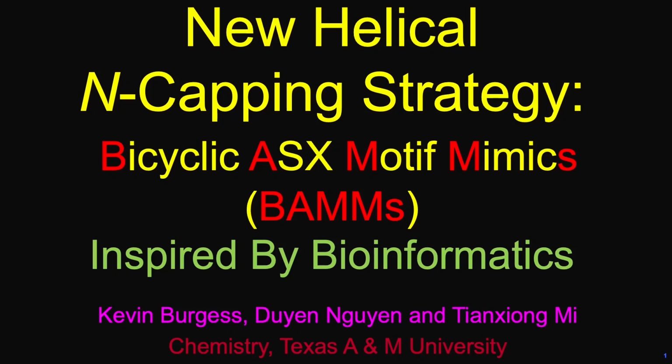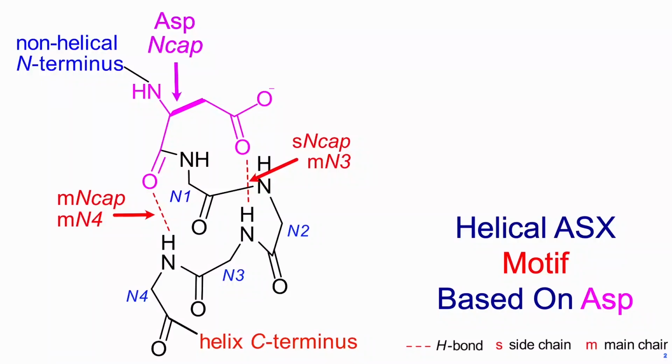I'd like to talk about a new strategy for synthetic end caps to constrain peptides in helical conformation. And this arose from a bioinformatics study of ASX motifs. For those of you not familiar with ASX motifs, they're based on a side chain end cap to main chain